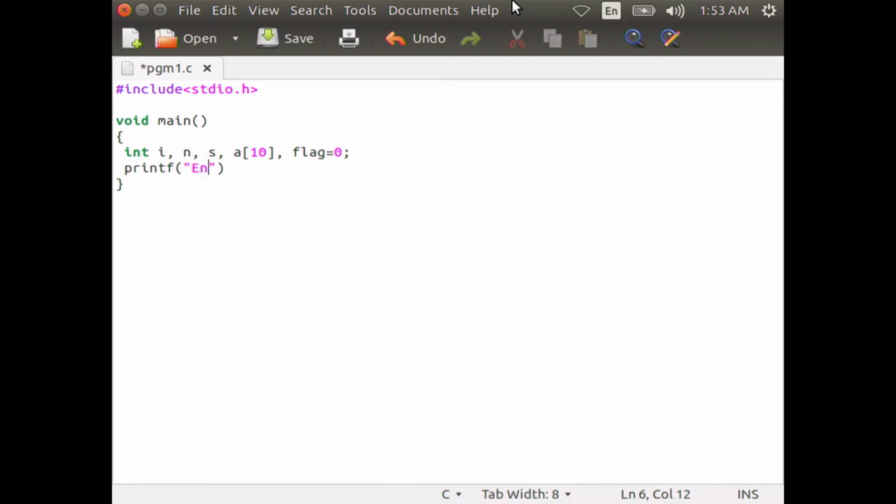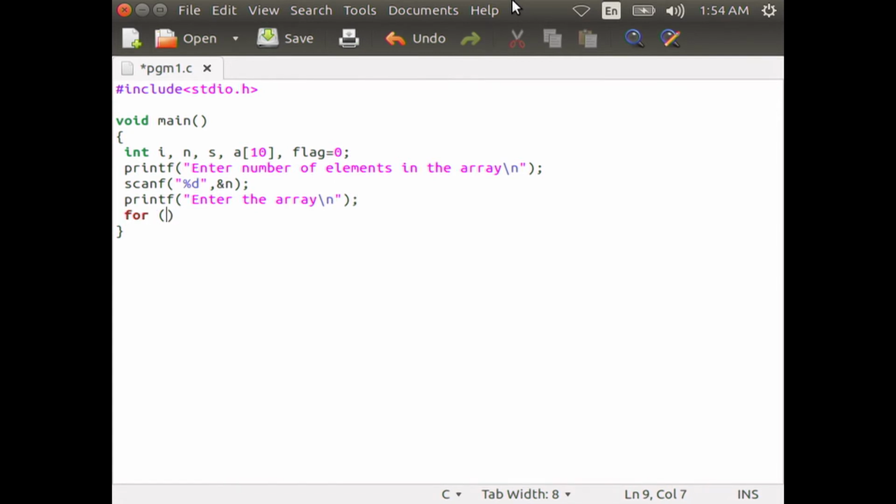printf("enter number of elements in the array"); scanf("%d", &n); printf("enter the array"); Now, we can start the for loop. for(i = 0; i < n; i++), then scanf("%d", &a[i]);